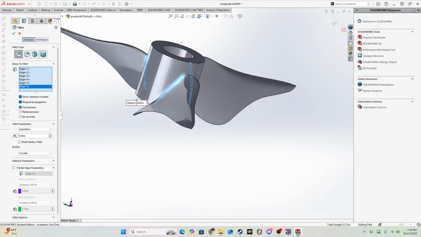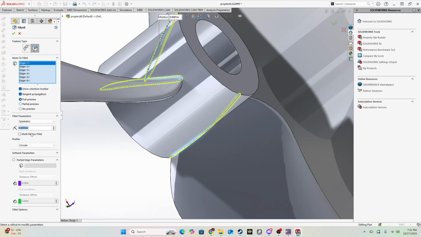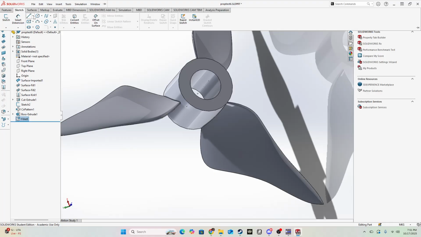Okay, once I figure this out, I'll show you. Okay, I found the problem. All you do is just decrease your fillet value, the radius of your fillet by a good amount. Okay, from there you want to chamfer